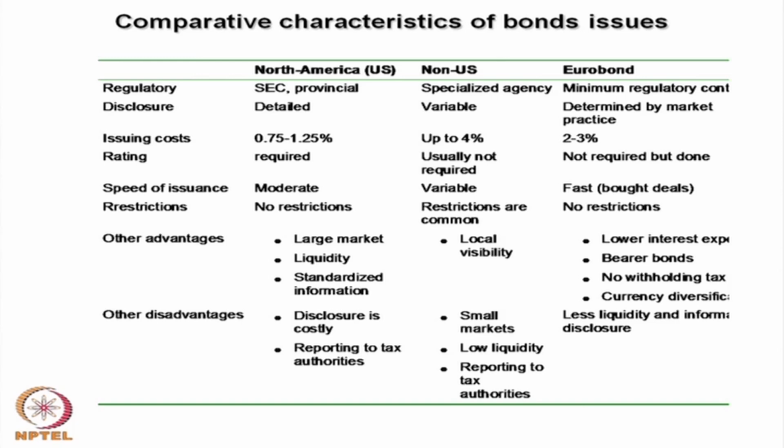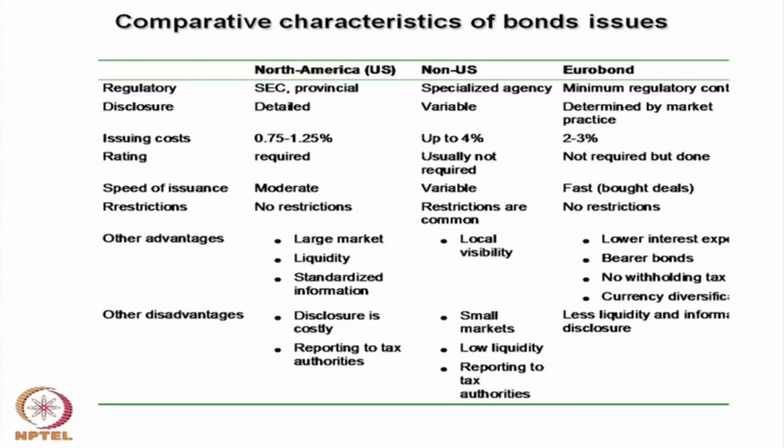The characteristics may be in the form of regulatory disclosure norms, issuing rating proposed, different ways of coupon payment. It may be one currency purchase and another currency payment. Different features are there and different types of risks are there within the different kinds of bonds. When you analyze the comparative aspects of bond characteristics, we should look into the following characteristics, particularly